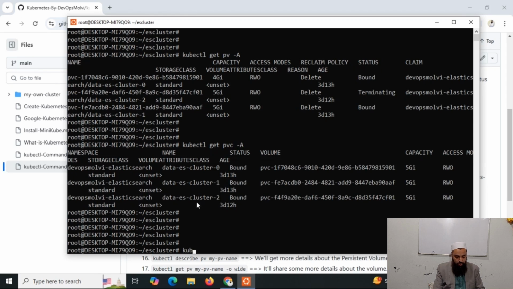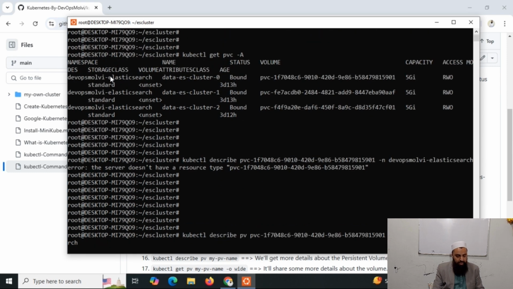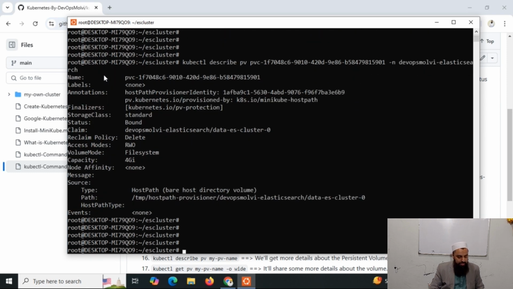Similarly, kubectl describe, if I want to describe any persistent volume, I can run describe PVC and the namespace name to get more details of any volumes. Now you can see the output, the name of the persistent volume, its storage class and its claim,